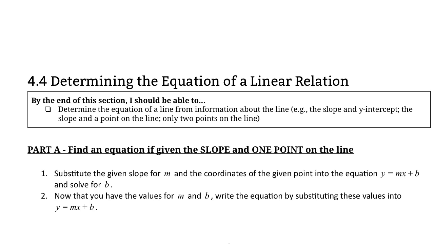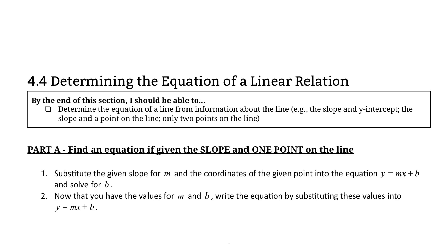given a variety of information, such as the slope and the y-intercept, the slope and 1 point on the line, or determining the equation from only 2 points on the line. Let's start with finding an equation of a line if you are given the slope and 1 point on the line. So in order to come up with an equation that would be in y equals mx plus b form,